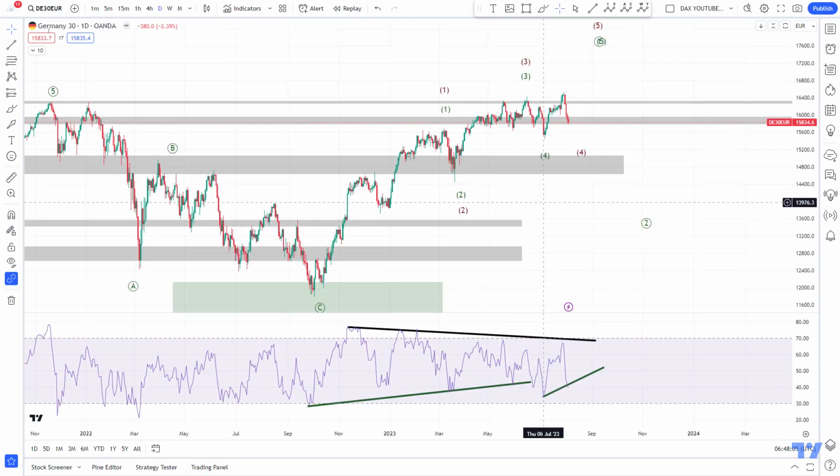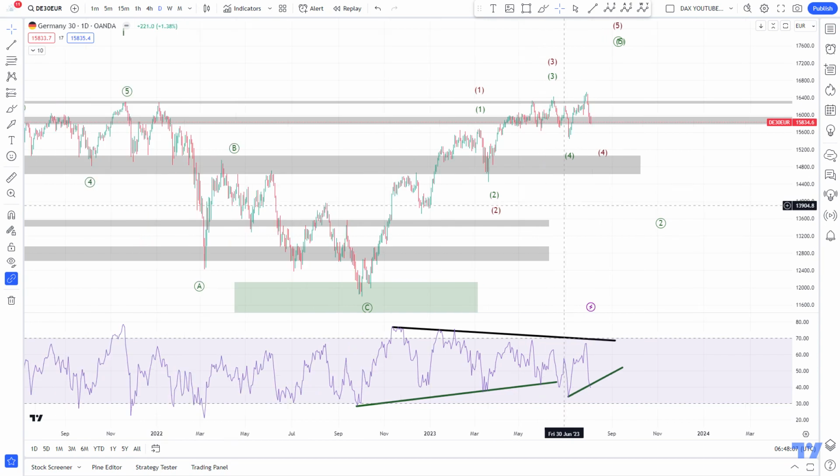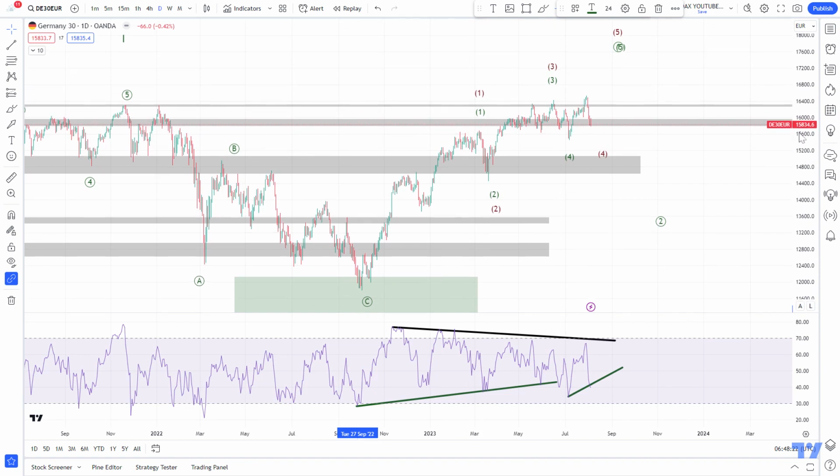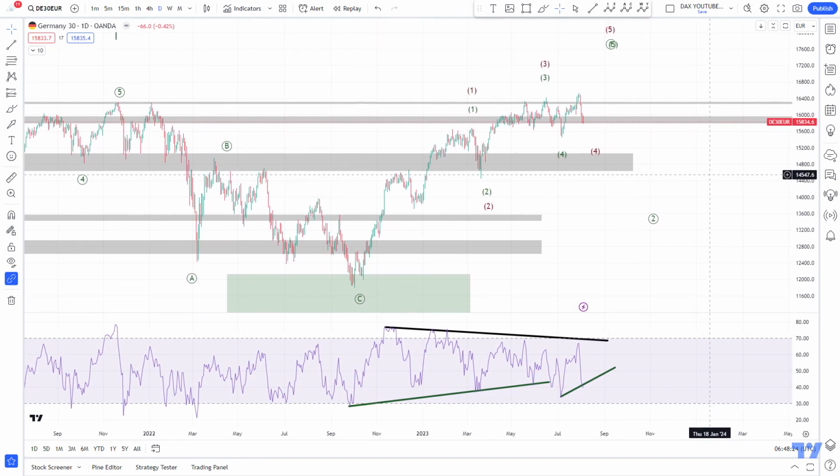Then let's have a look at the daily chart. And I think here we see the most interesting things for now, the daily and the 4 hour. So this here is our wave two low, as you can see. So now we look at this structure here, and actually, yeah, some scenarios. We have several scenarios, I think, here.